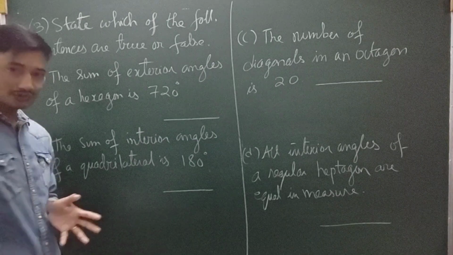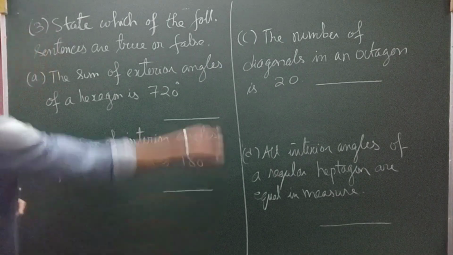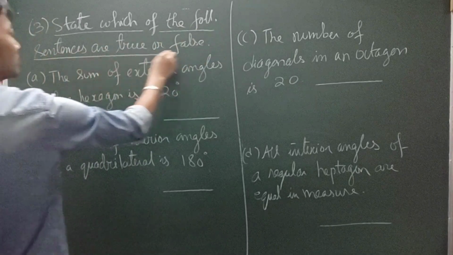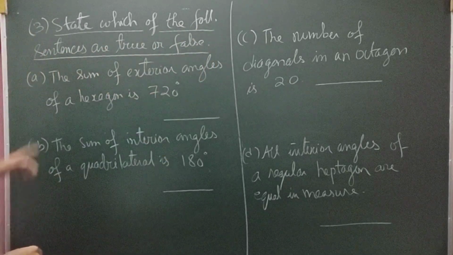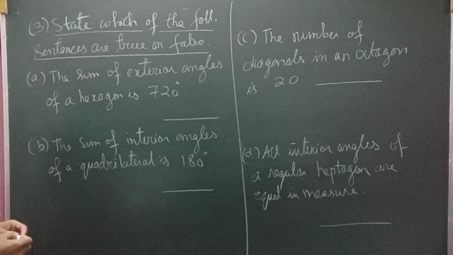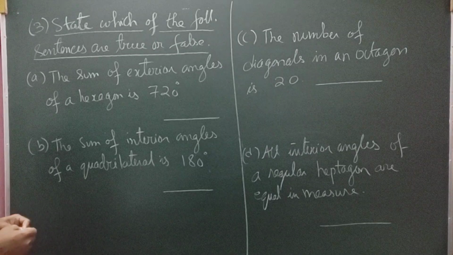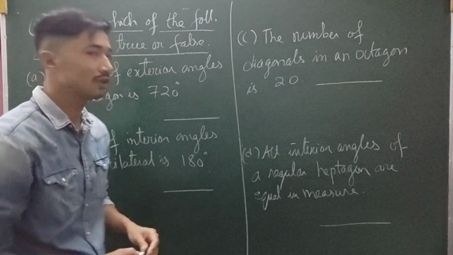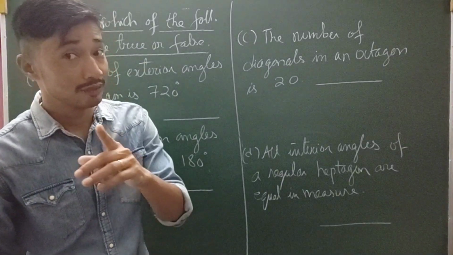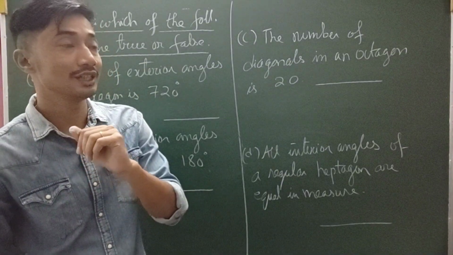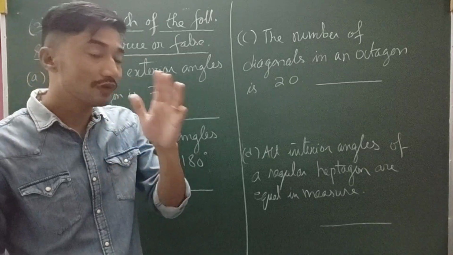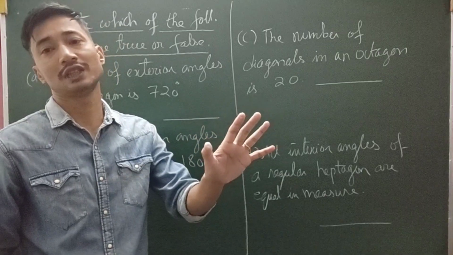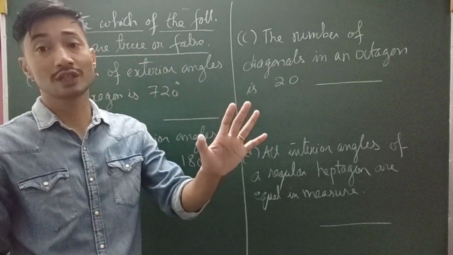Alright, so moving on to the third question, that is, state which of the following sentences are true or false. First one, the sum of the exterior angles of a hexagon is 720 degrees. True or false? Remember I told you something. What was it? When you talk of exterior angles, no matter what shape the polygon is, no matter what shape,